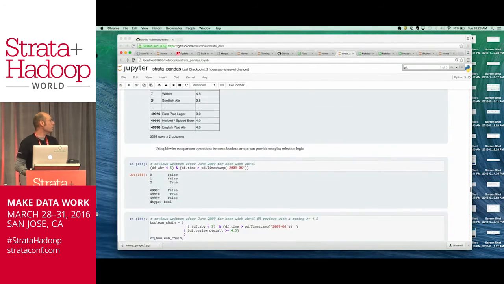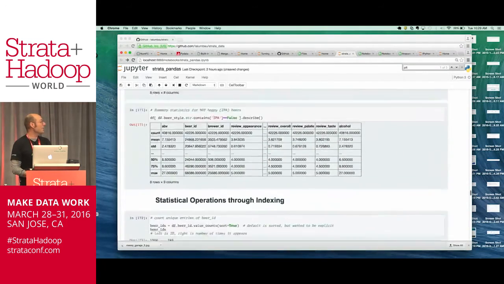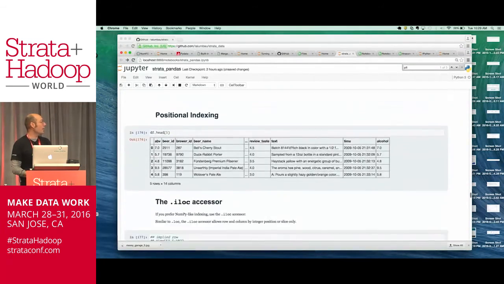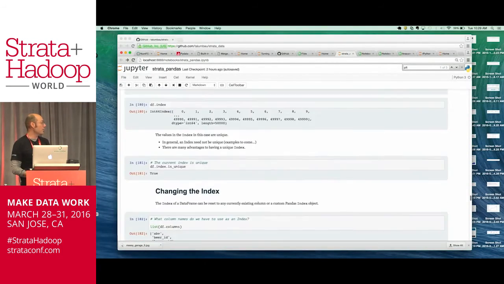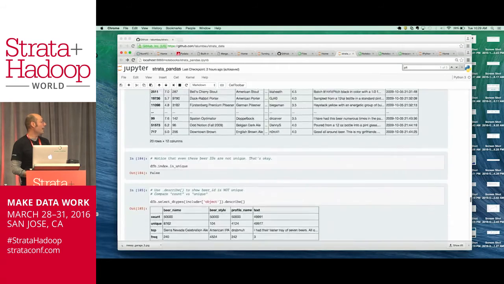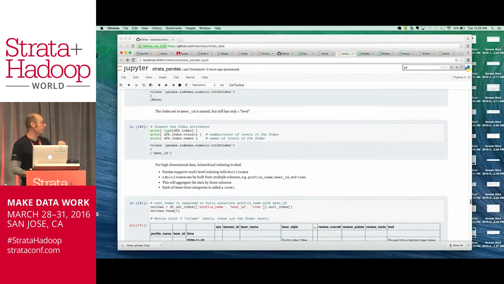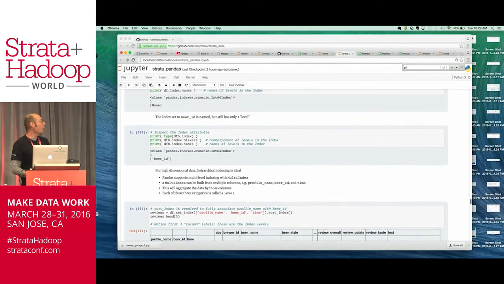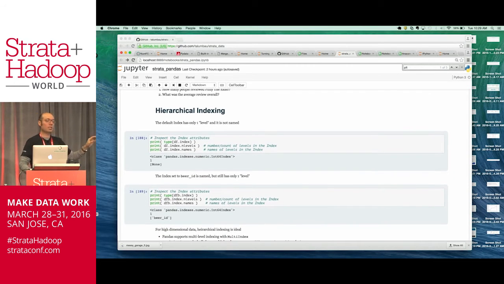Okay, so most of the rest of this notebook is really digging into loc and iloc. I'm going to let you guys use that as your reference, because I really want to make sure I hit some more of the features here. We might go back to this at the end, depending on how long it takes us to do the other exercise. But the general idea of hierarchical indexing is,